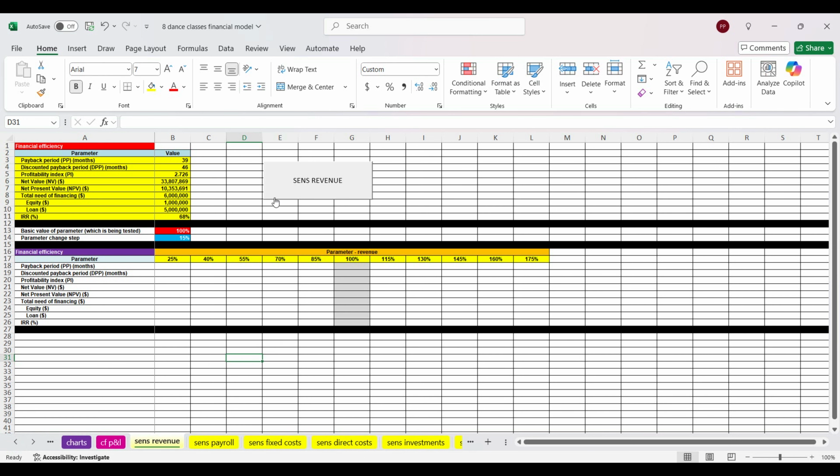So you just go to the tab, press the sense button, and you will be able to see how financial efficiency numbers are dancing